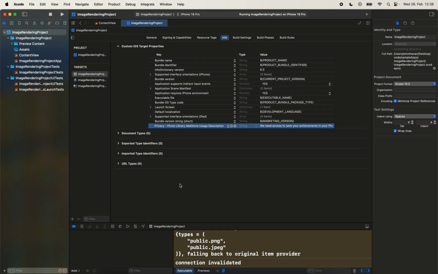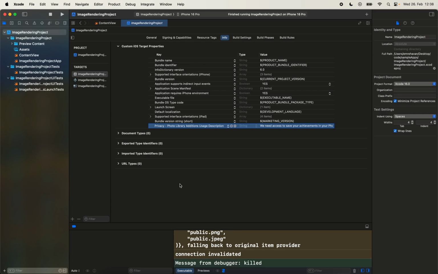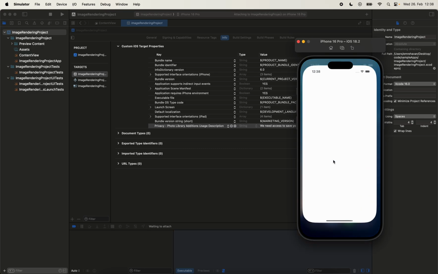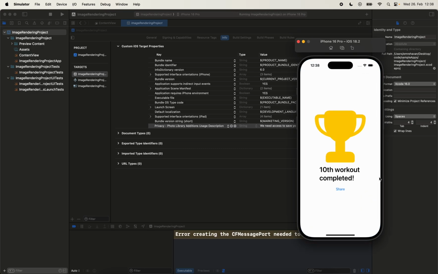Just adding this will fix our issue. So if you run the app again, we are going to see now the save image option is available to us. So when we click here with share, now the first option is save image. We can just tap on it, and